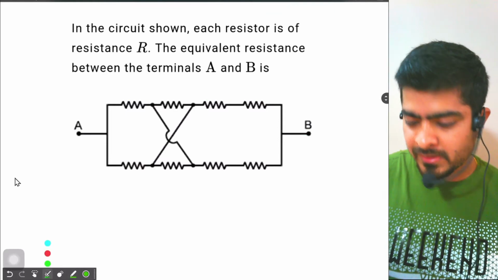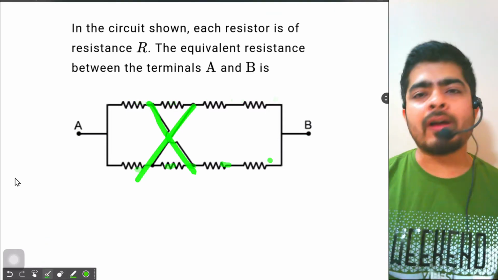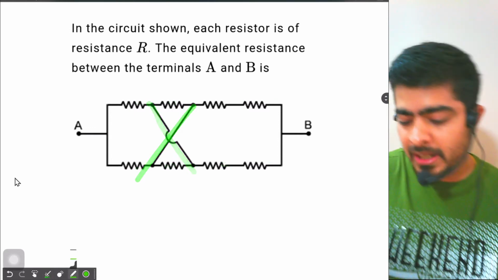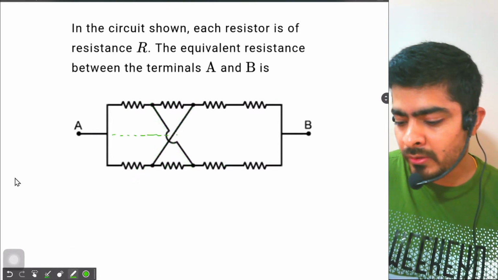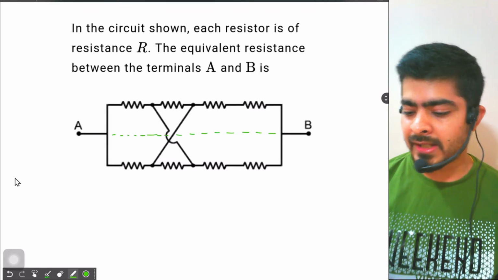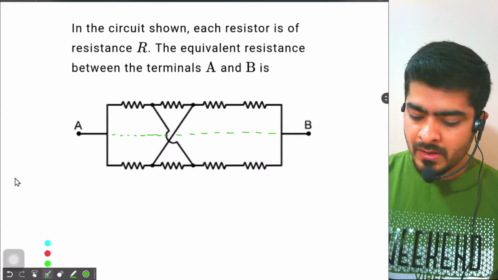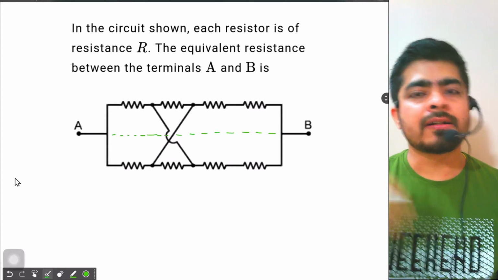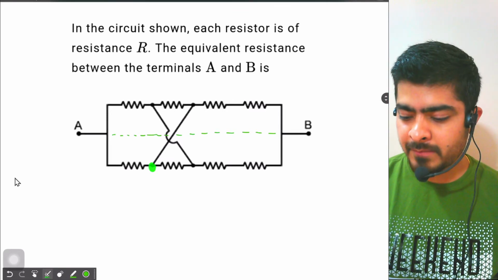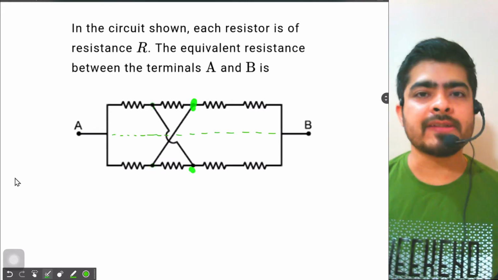So if you see, we have four resistors at the top, four resistors at the bottom. Then we have got two wires crossing like this. So we have a symmetry about this line. And whenever we have a symmetry about this line, all the points above and below the symmetry corresponding to each other should have same potential. That means these 2 points have same potential, okay, and these 2 points have same potential.